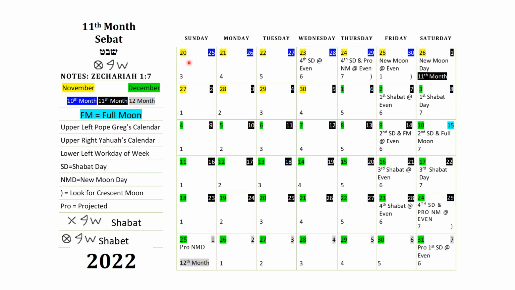The upper left is Pope Greg's calendar. This right here is to help you out with your work days, doctor appointments, school, whatever you may need to take care of on the Pope Greg's calendar. That helps you out with a lot of different things you have coming up.